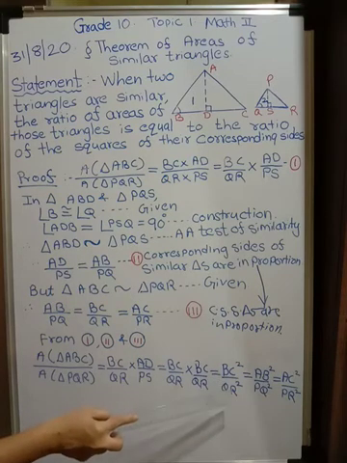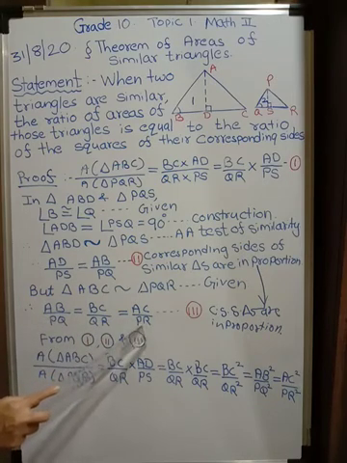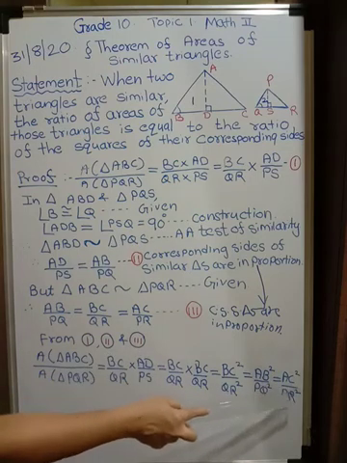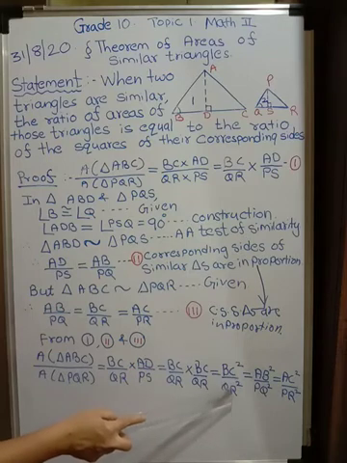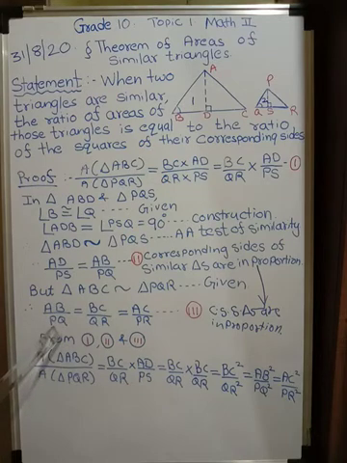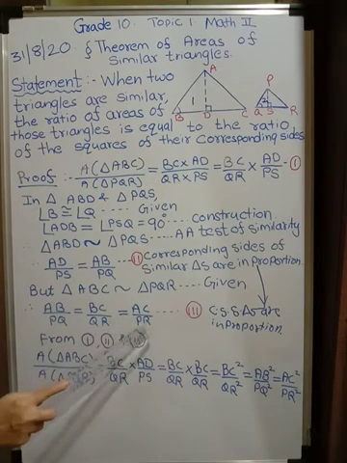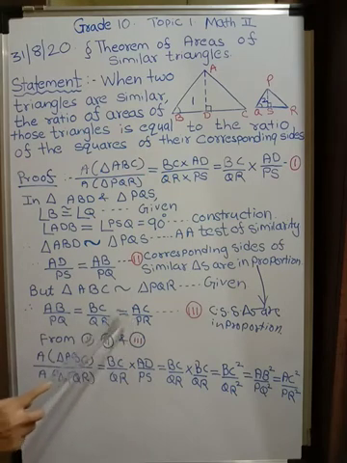But we know BC upon QR is equal to AB upon PQ, which is also equal to AC upon PR. So all the three ratios we are writing in the square form. So obviously if BC upon QR is equal to AB upon PQ, BC square upon QR square will be equal to AB square upon PQ square, which will also be equal to AC square upon PR square. All these three ratios are equal.